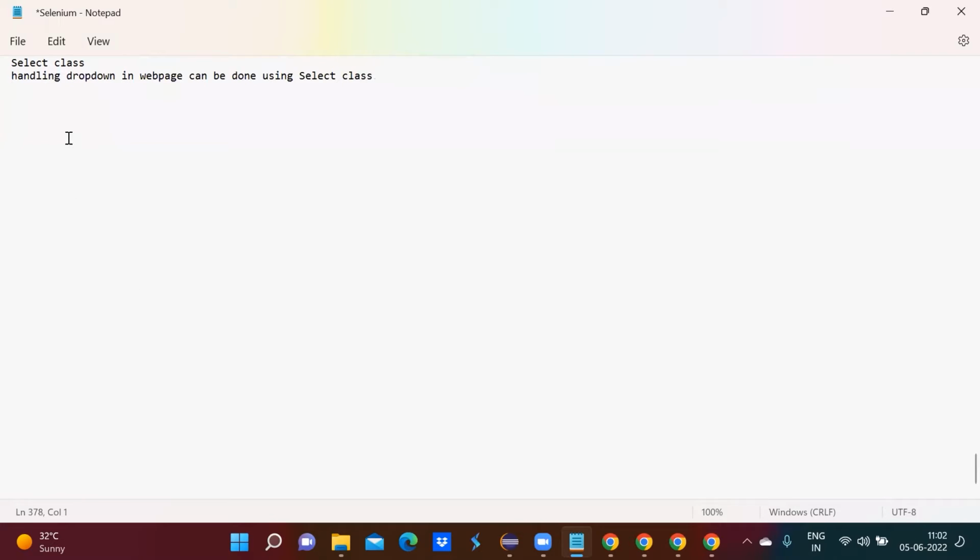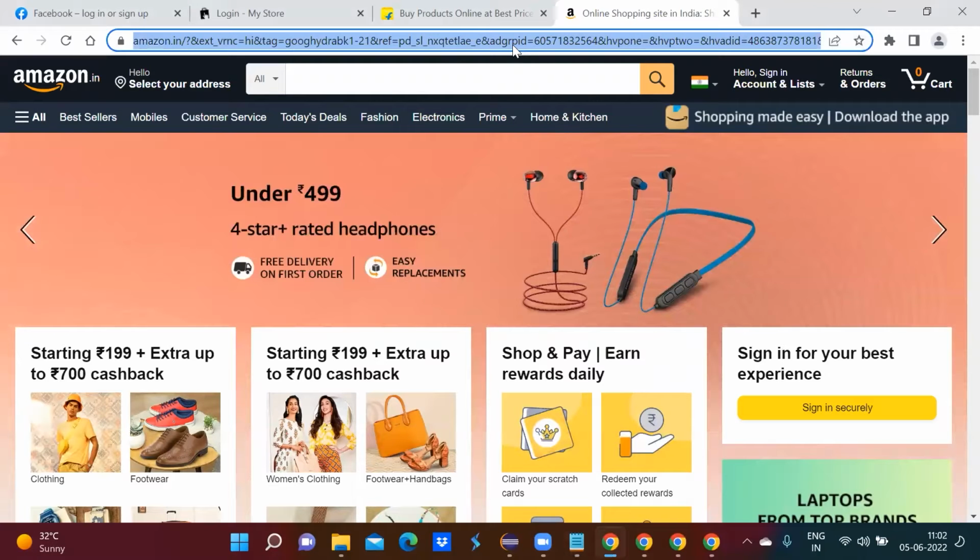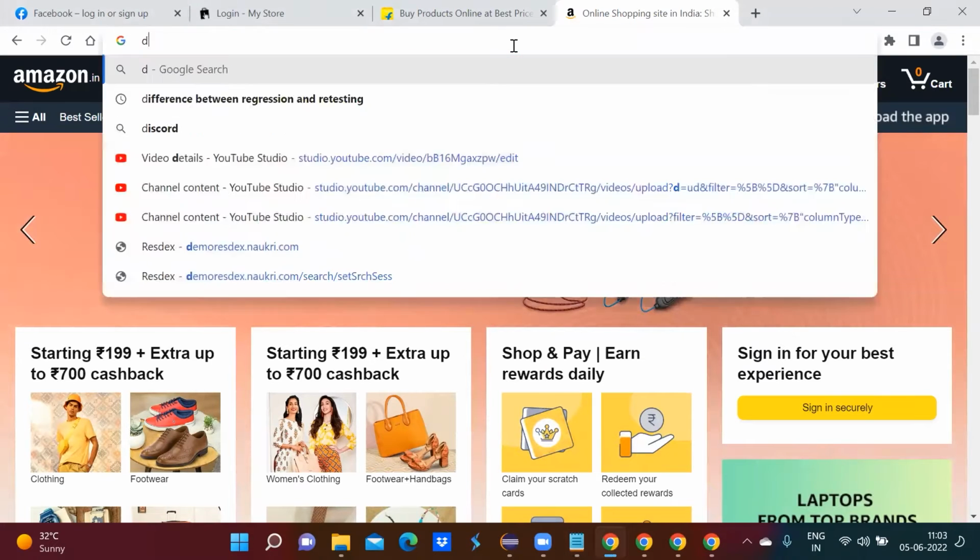Now for that, what we will do, we will have to create an object of Select class. So Select and then any object name, let's say dropdown equal to new Select. Okay, let's take the website for this. So let me go to